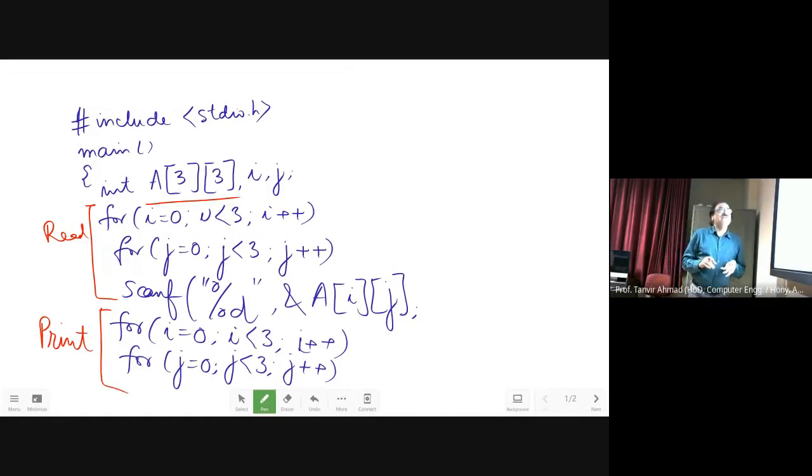Now, if I am going to use the same program using pointers, in that case you have to make sure how the program will be converted into pointers. Now here, just take a 2D array like this.